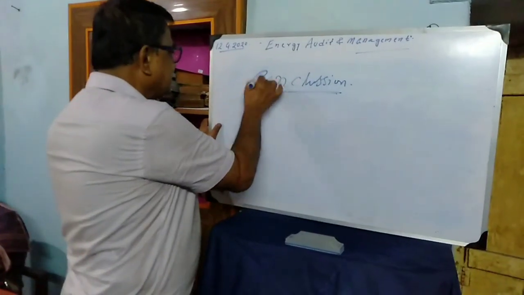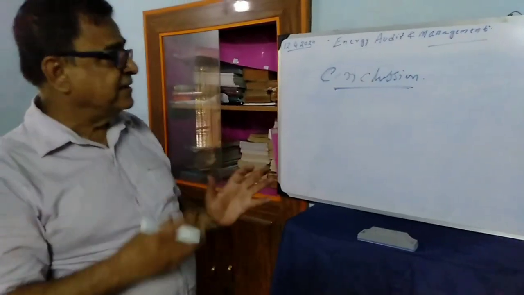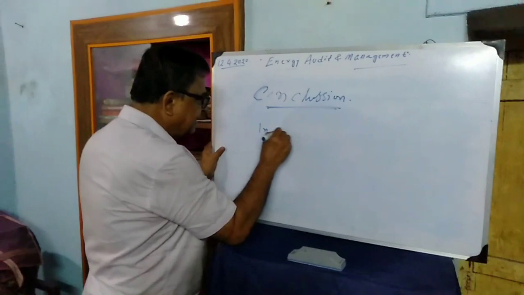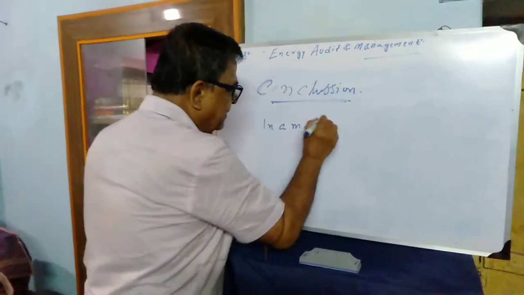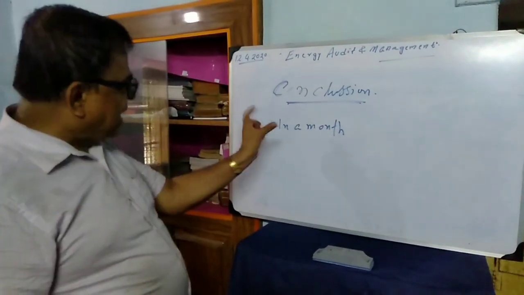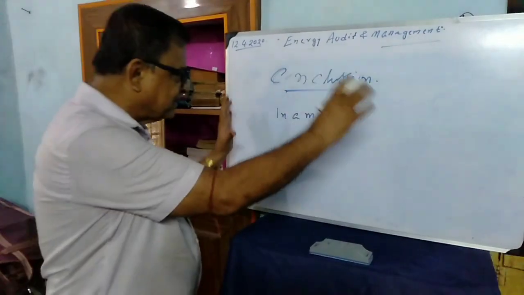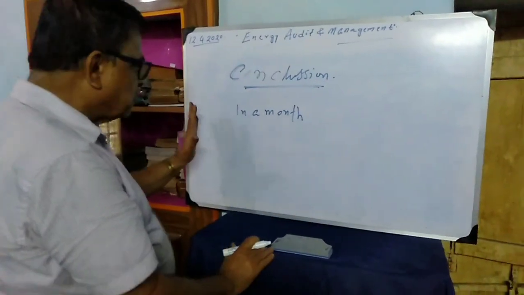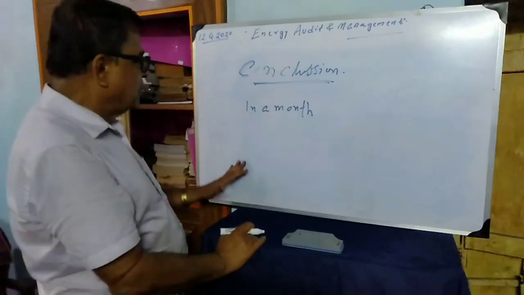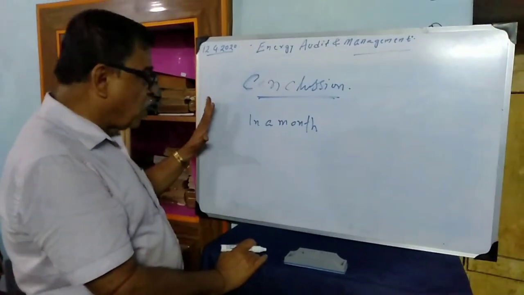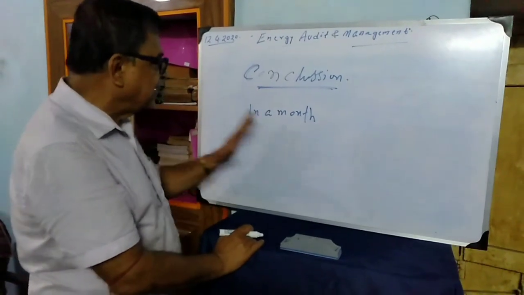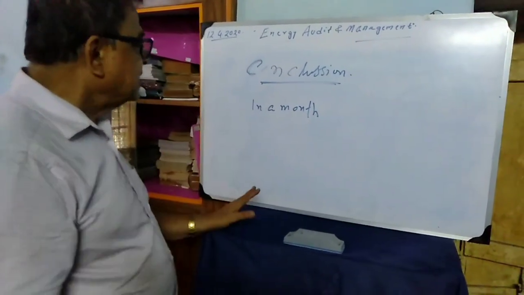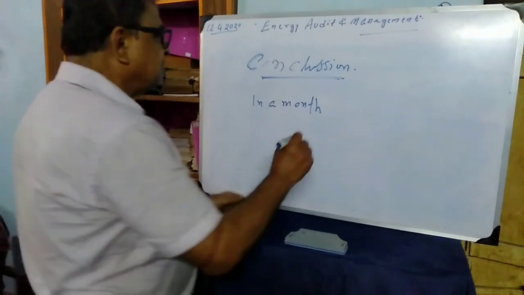Now the next part is the feedback. What is the feedback system? In a month, we have seen the last 3 months' bills. After 1 month, we have concluded the systems where we have taken all care: selection of motor, selection of machines, operation of machines, logbook, everything we have considered, and we have given some suggestions to the shop floor in charge. After 1 month we will see